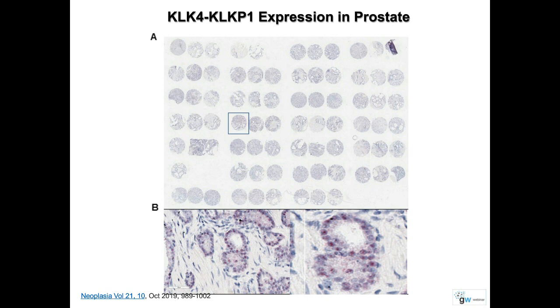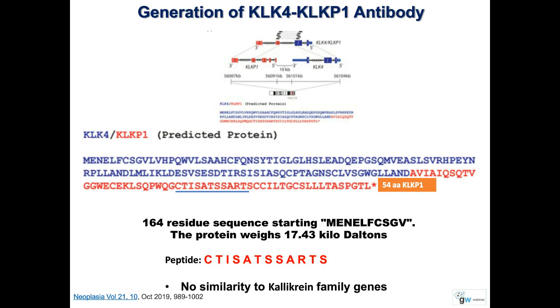So that shows the sensitivity and specificity of this probe. Next, since the amino acid sequences are coming from the pseudogene part and there is no antibody available, we decided to develop an antibody using the antigenic peptide, the CTI-SA. We were able to develop a polyclonal antibody that is specific to this fusion protein. Using that antibody, we validated